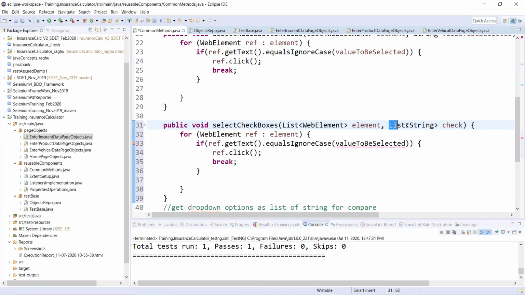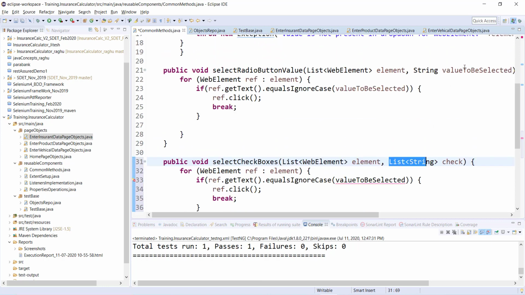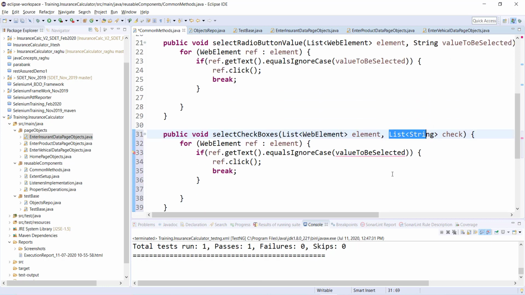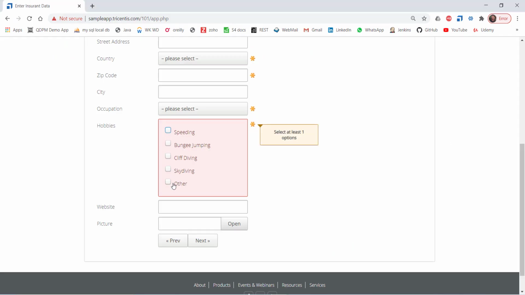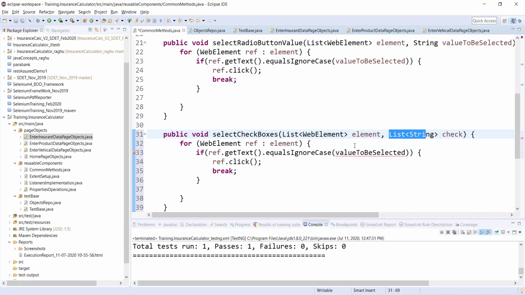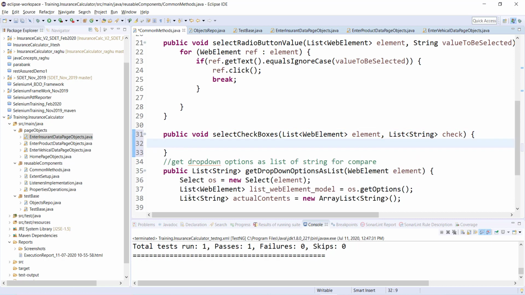In the second parameter, earlier we were taking only one value because that was a radio button. In checkboxes we will be taking multiple values. For example, I would be selecting, let's say, speeding and skydiving, or I may be selecting all five, or only other, could be any possibility, right? So that's the reason I have selected it as a list of strings.